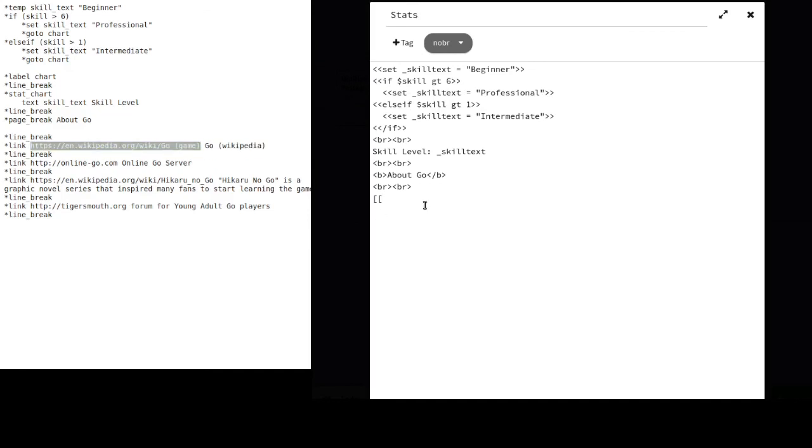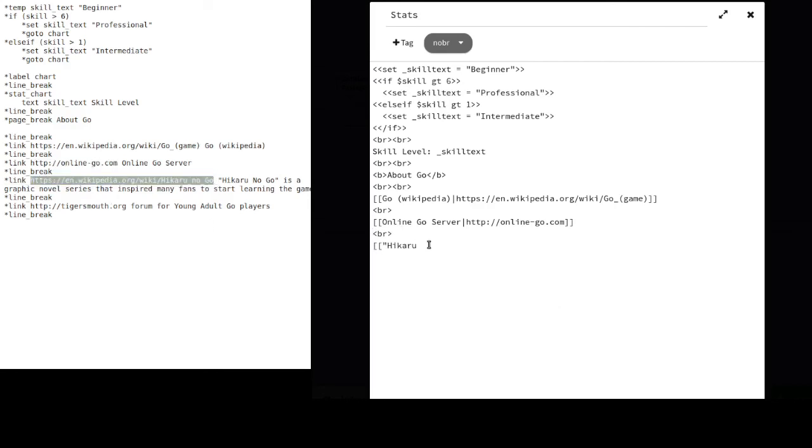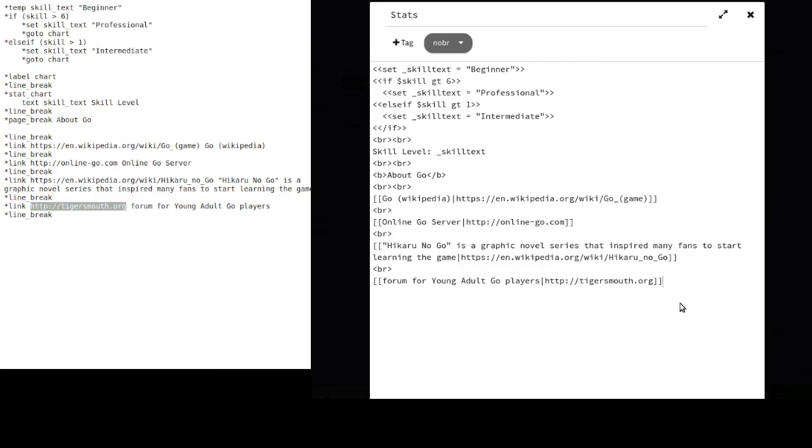External links can be written in the same way as internal links between passages. The basic difference is that the default SugarCube styling puts an extra icon near external links to warn the reader that the link will go to another website. You can override this styling using Cascading Style Sheet, or CSS, but this video will not cover this topic.